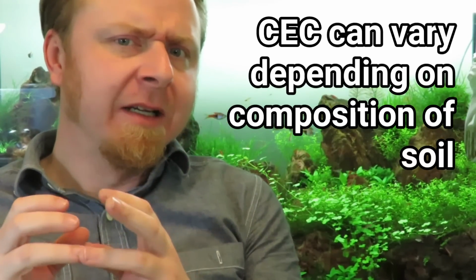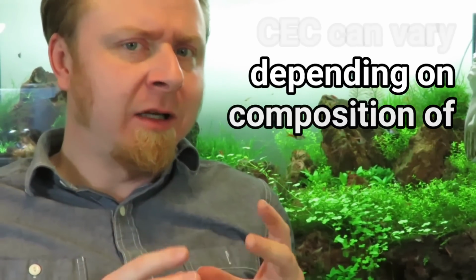If your organic soil has a higher clay composition, or a higher peat composition, it will have a higher CEC. If it's more of just a basic soil with a little bit of biomatter in terms of decayed leaves, compost, tree matter, and other plant matter and stuff like that, without as much clay, then it's going to have a much lower CEC. And so again, it's really hard to say